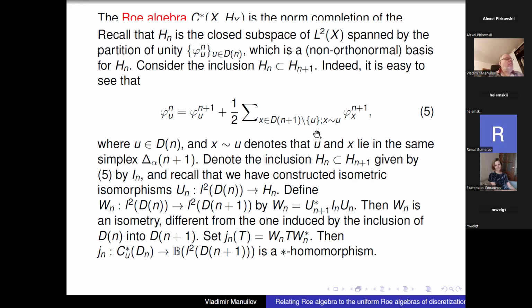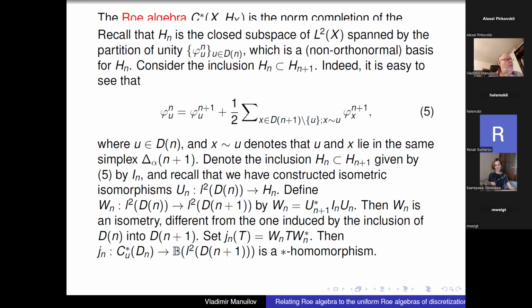So recall that H_n is the closed subspace of L2 of X, which is spanned by our partition of unity. This partition of unity is not orthonormal, but still it's a reasonably nice basis for this space. When we consider the inclusion of H_n into H_{n+1}, it's quite easy to see that the partition of unity, because it was piecewise linear,